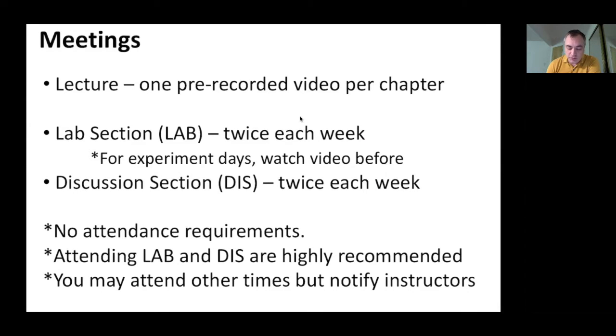So as you can see down below, there are no attendance requirements. If you are able, we highly recommend that you attend lab and discussion for these times each week. It'll give you a chance to work on problems with other students and also get feedback in real time and ask questions of your graduate student instructor, your GSI. So if you can be there, be there. We think it'll help. If you're struggling in the course and you haven't been attending section, make a change and try to attend section and see if that gives you some help.